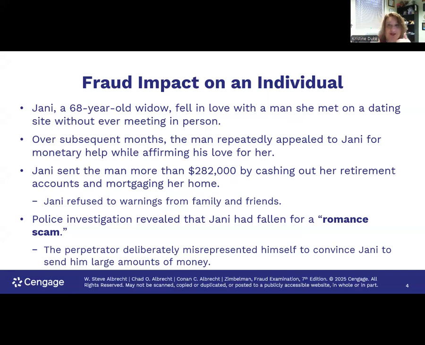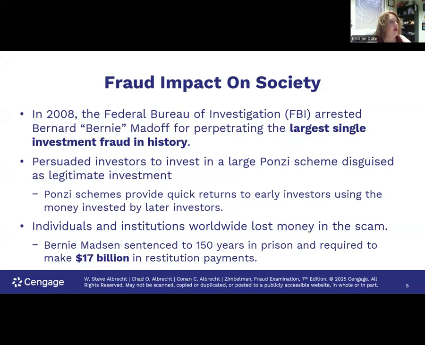There's people calling you on the telephone. I keep getting text messages saying you forgot to sign this paperwork with some loan company. I didn't apply for a loan. So just interesting stuff. Okay, so the FBI arrested Bernie Madoff,